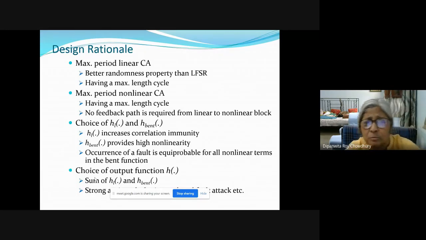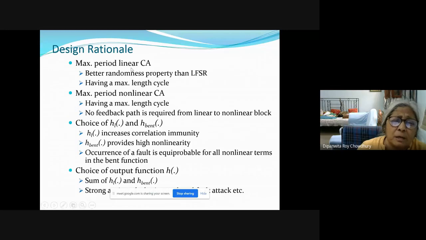Now you remember very simple things. There are 3 blocks. For the linear part, I have used a maximum period linear cellular automata. Why? Better randomness property than LFSR. I think Shukanto was asking, so I'm trying to give the answer here. So this is one maximum period linear cellular automata, whereas Grain uses the LFSR. I have tried to explain better randomness property than LFSR, having a maximum length cycle, because